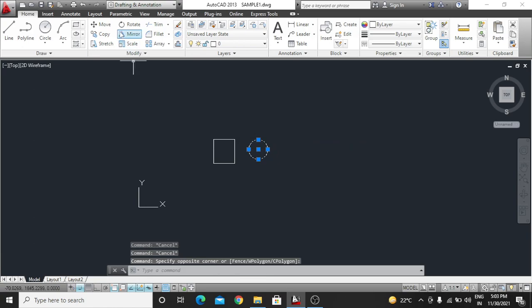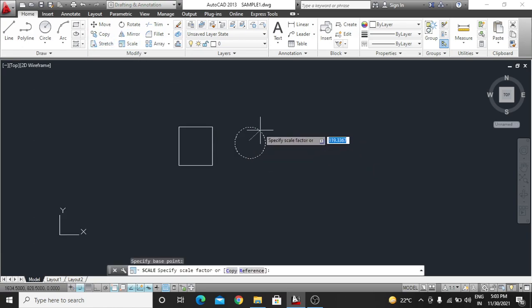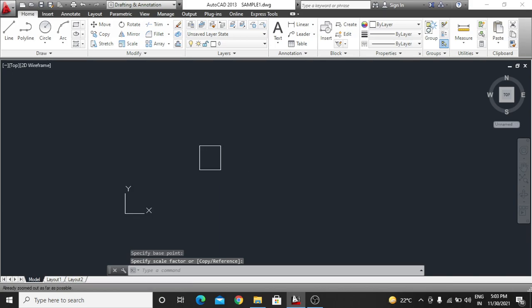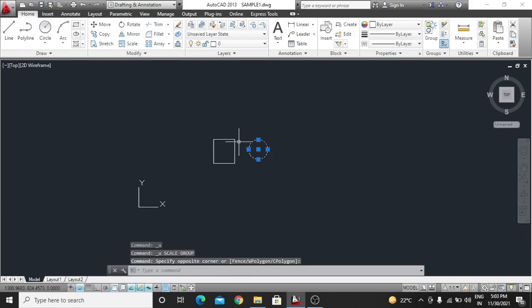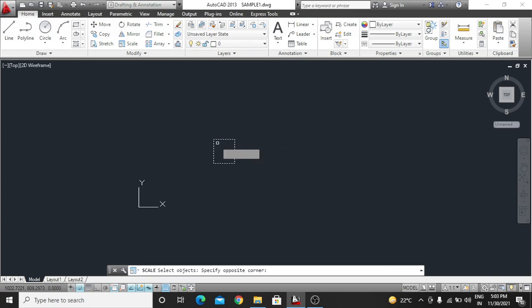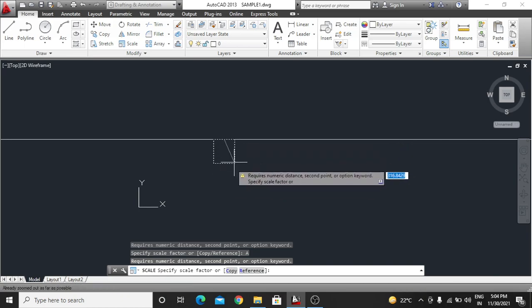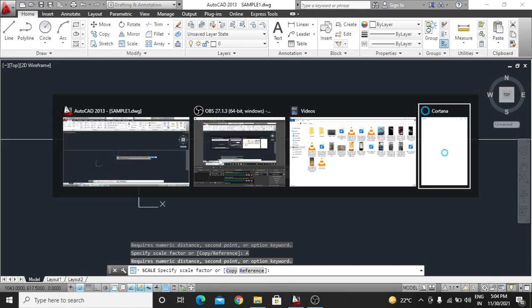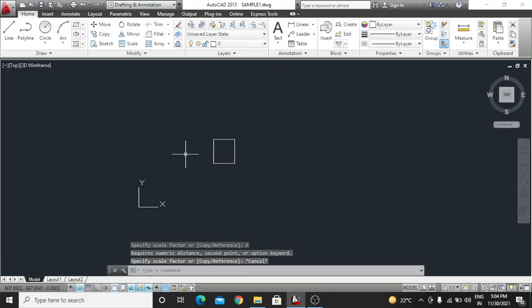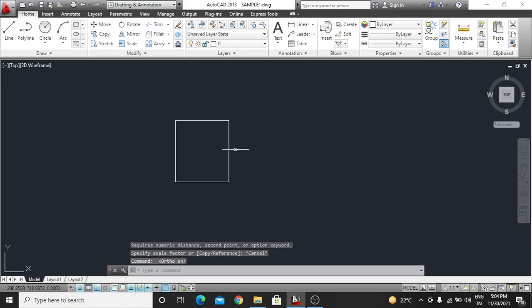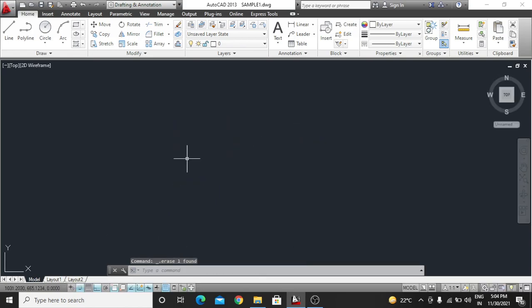Also you can scale it with your imagination, like scale and make it. See, you have the option. Scale command.